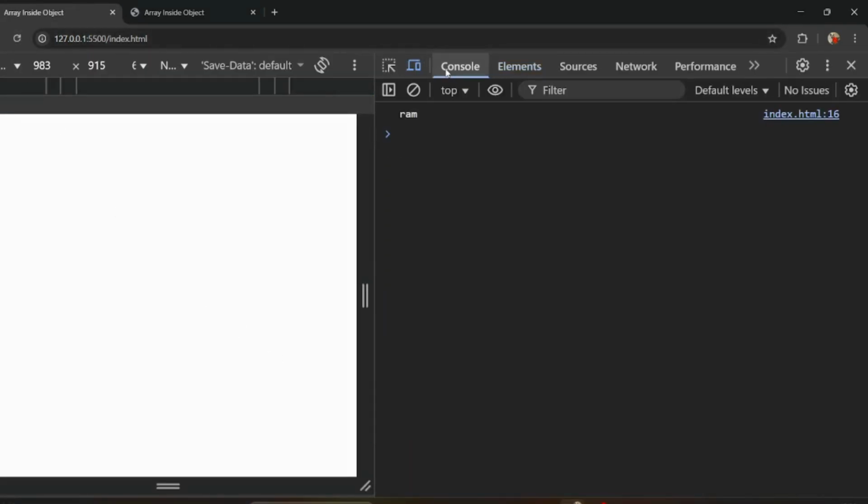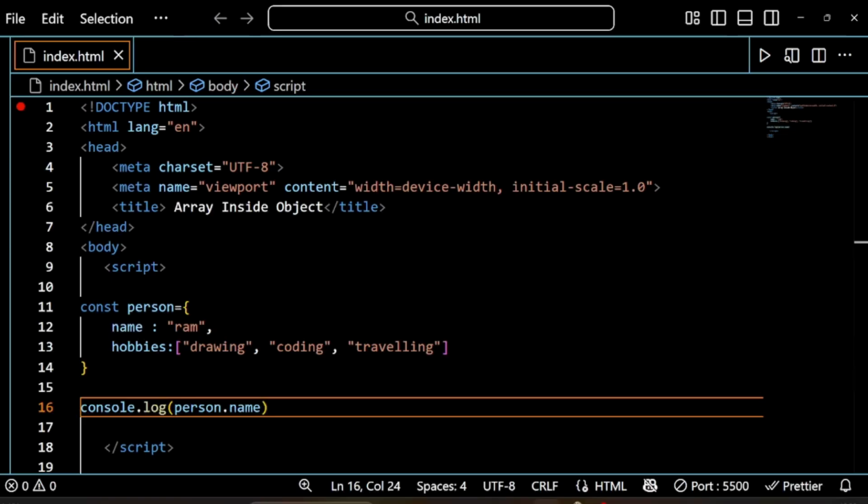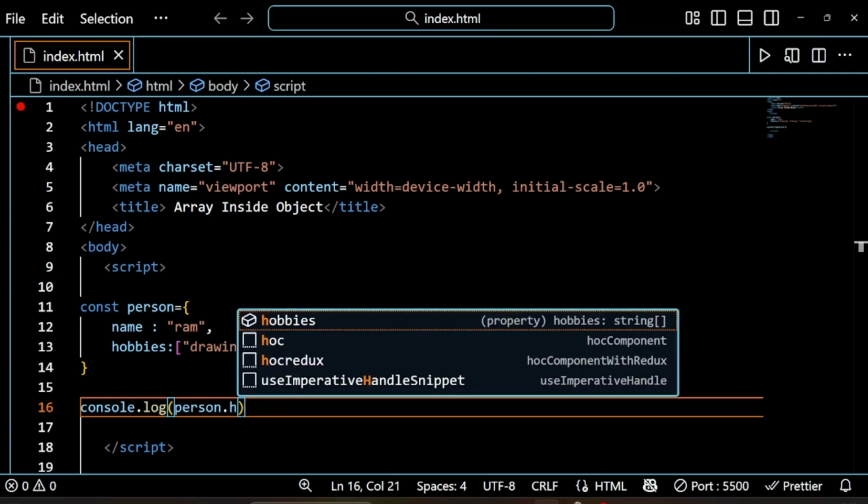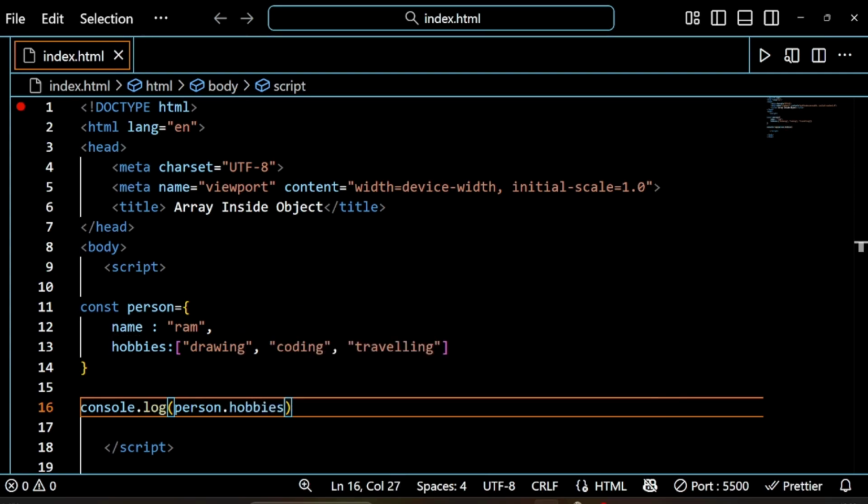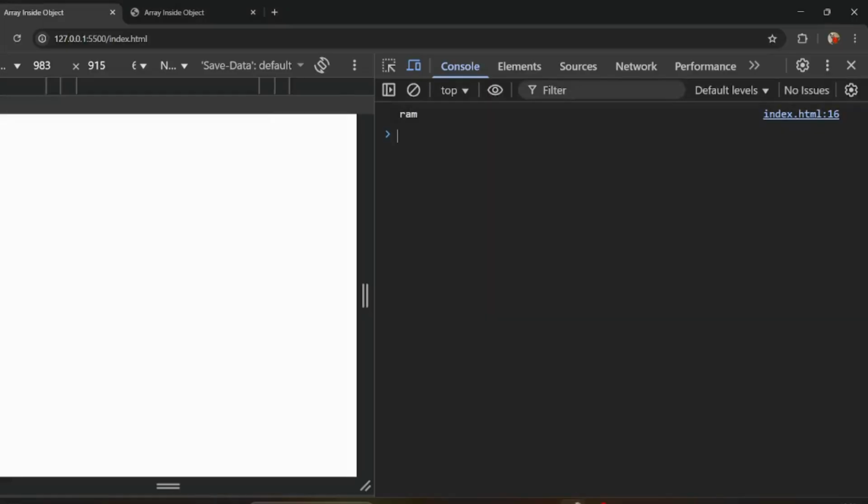We'll go to console. You can see we got the output as Ram. Suppose I want to access the hobbies, I'll simply write person.hobbies. Then you can see here, once I refresh, we'll get all the 3 hobbies, which are drawing, coding and traveling.